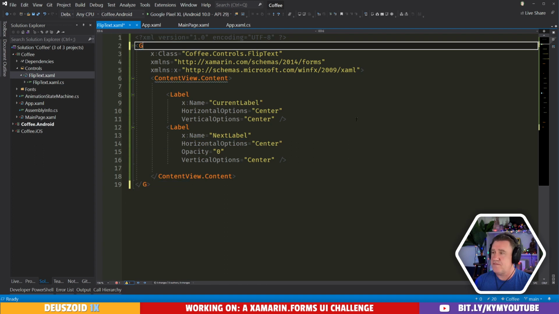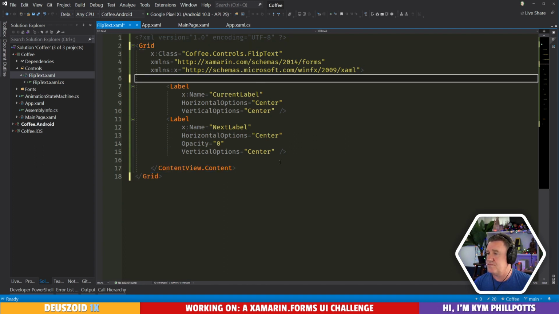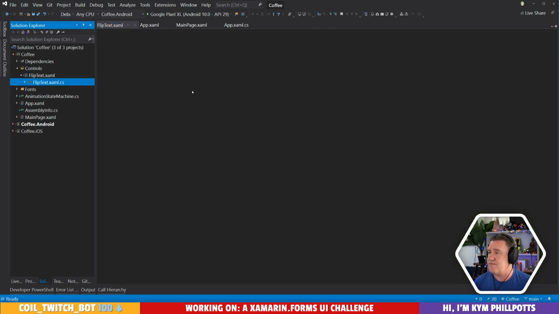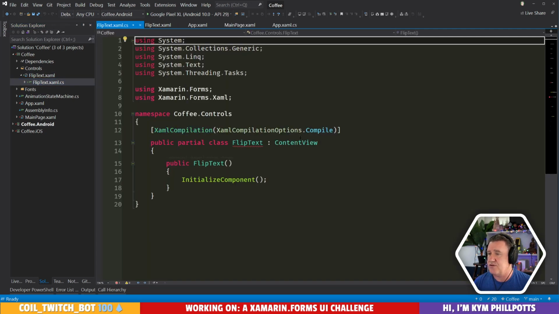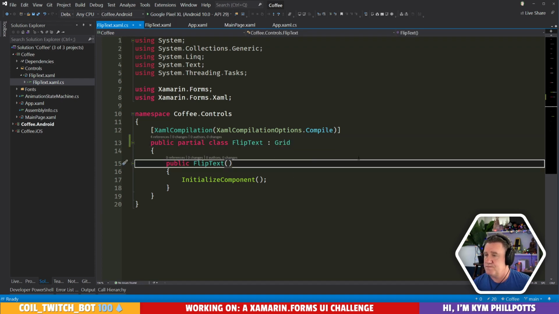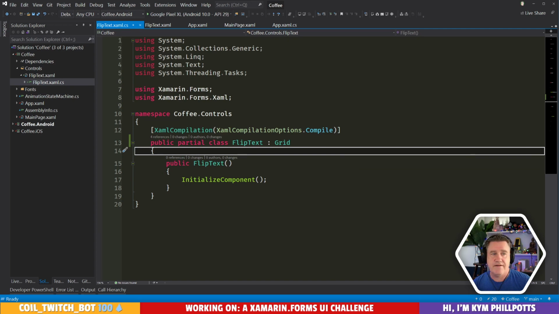This is going to be a grid. Okay, which means our code behind needs to also be a grid. Lovely. And then we'll nab some of this code here. So we've got some bindable properties.